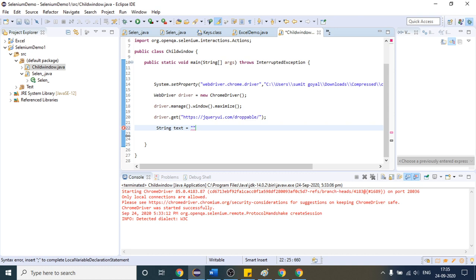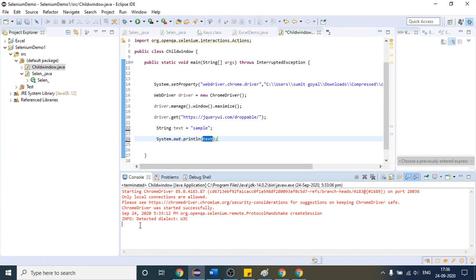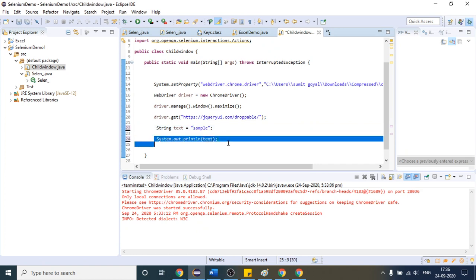Suppose we are fetching that text with the help of the getText method. After that, what we used to do is print that text in our console. Why did we print this text? So that we can check whether we are getting the correct text. Suppose it prints sample in our output, we can check that yes, we are getting the correct sample, and in the website as well this text is present, so our text is correct. But in practical work you should not do it like this every time. There should be some mechanism which will automatically fail the script if it does not find the desired text.